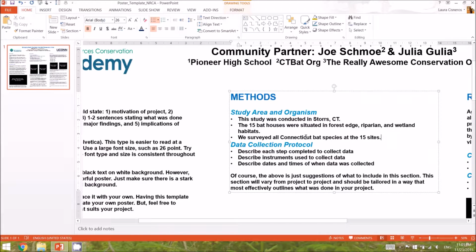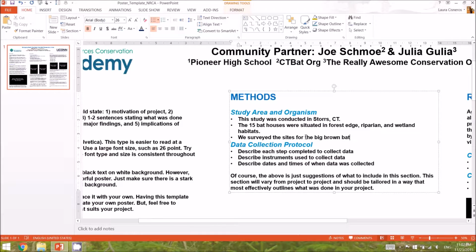Or if you're focusing on a particular taxa, that's a group of animals or group of species, you could say we surveyed this particular taxa, like amphibians or whatnot. But if you're focusing on a particular species, let's say I was just interested in one species, the big brown bat. I could say we surveyed the sites for the